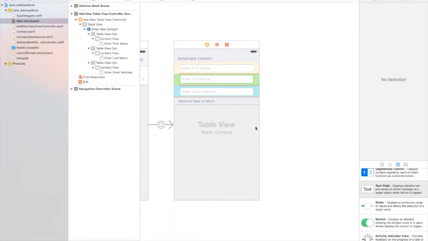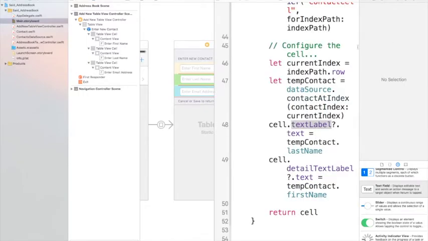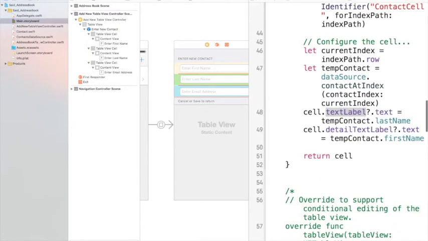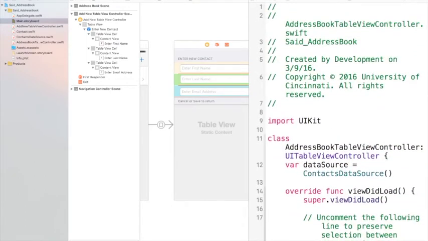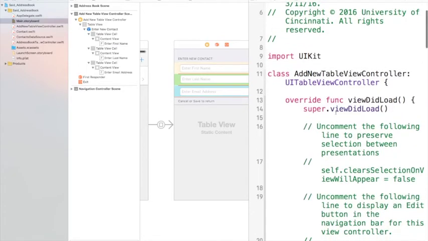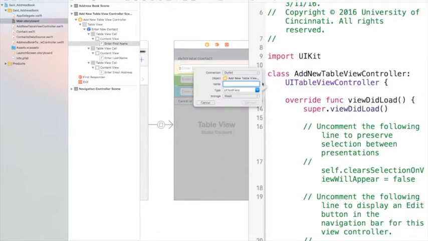the view. Since we're entering information here and I need to retrieve that information, I need to connect them all to my controller as an outlet. So I'll bring the assistant editor. And the assistant editor takes us to the address book, so that's not the correct one. I need to go to the add new and select each one of the text field and add it as an outlet to the add new controller, text first name,